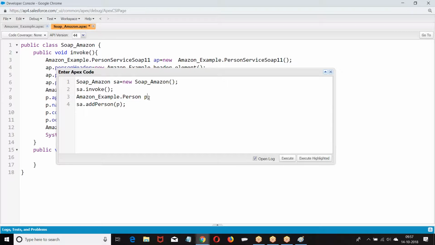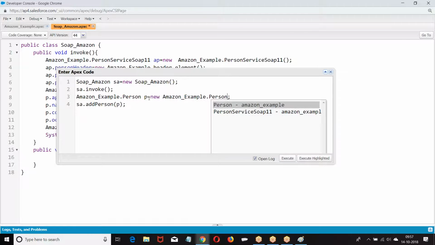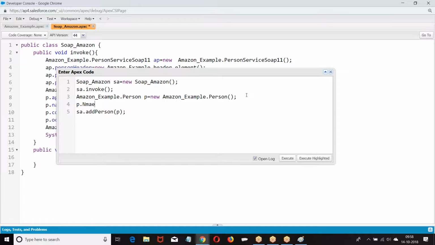What I was supposed to do is give p.name, and then I am passing p.